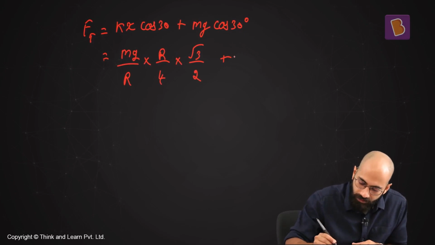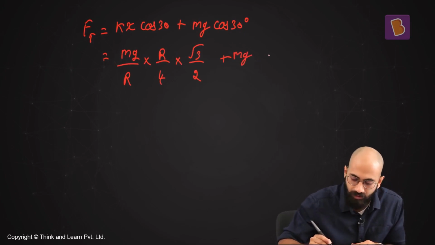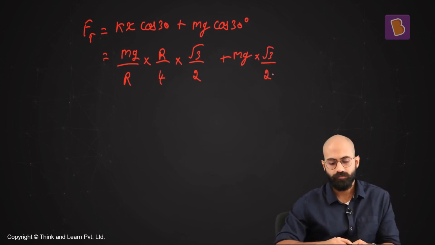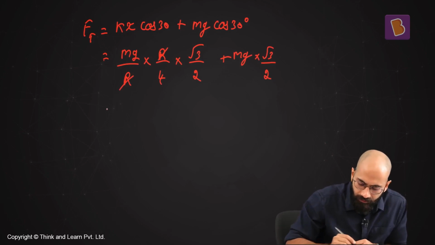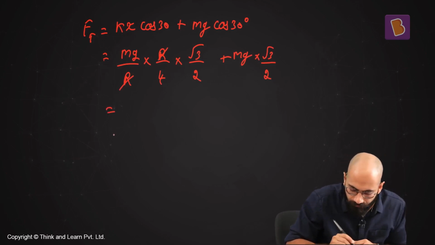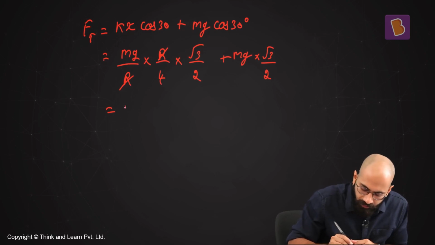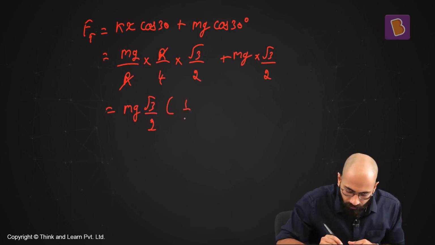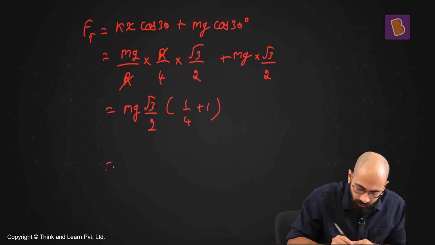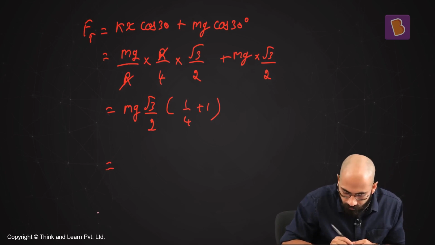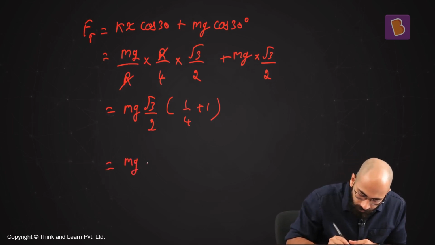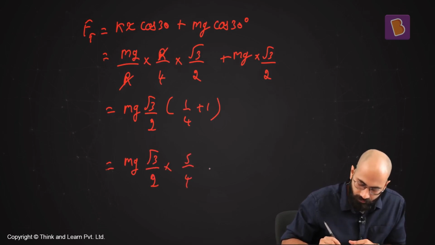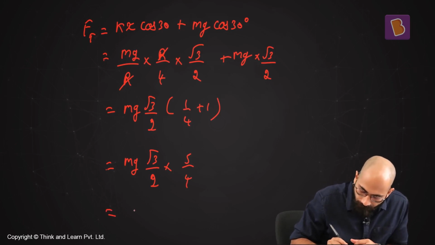Right? Okay. Plus we have mg cos 30 again, which is sine 60 again, into root 3 by 2. Right? Cool. Of course, r and r cancelled. What we have? We can take mg root 3 by 2 out common, which we have 1 by 4 plus 1, which is equal to mg into root 3 by 2 into 5 by 4, which is finally equal to